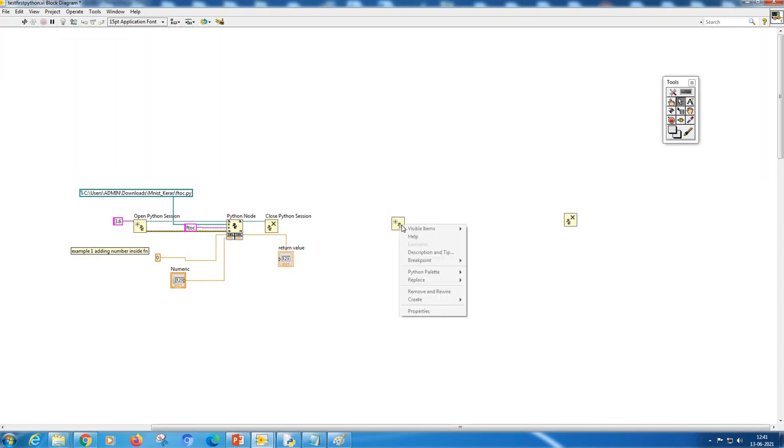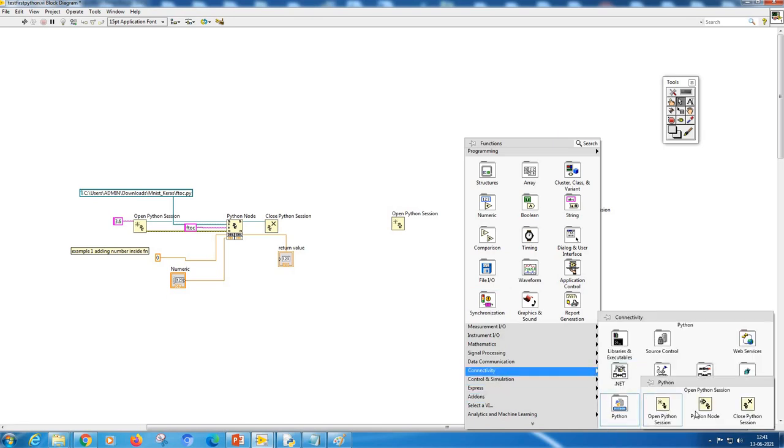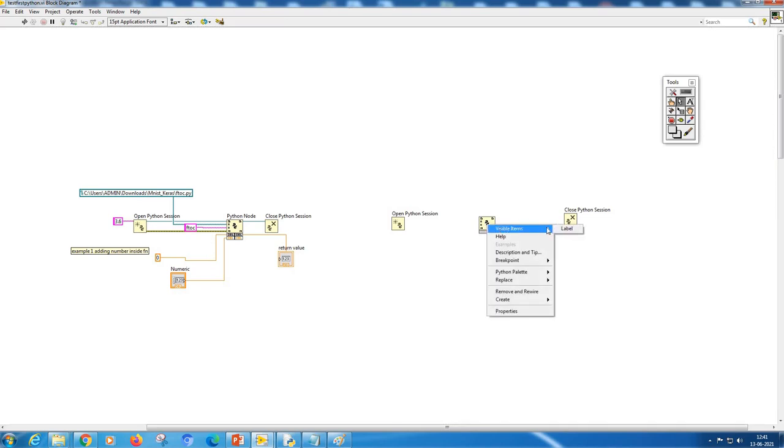If you want to see the labels, this is the same thing which I had drawn earlier. Now you also need to bring in something called a Python node, which is nothing but the block that executes the program which you are going to run.